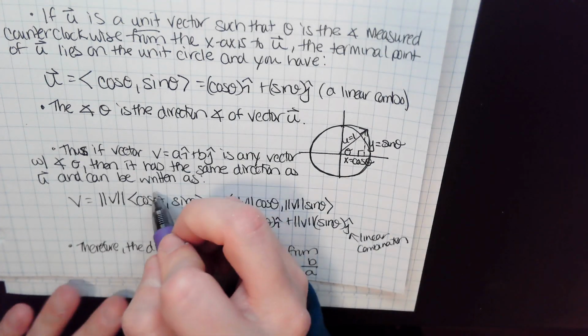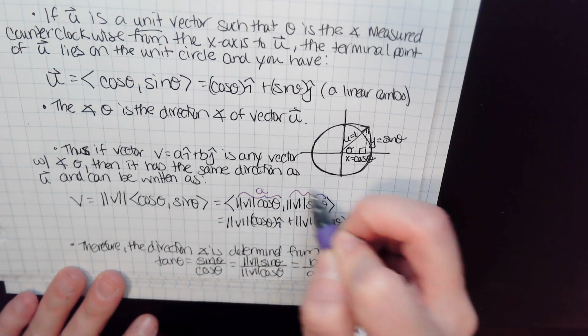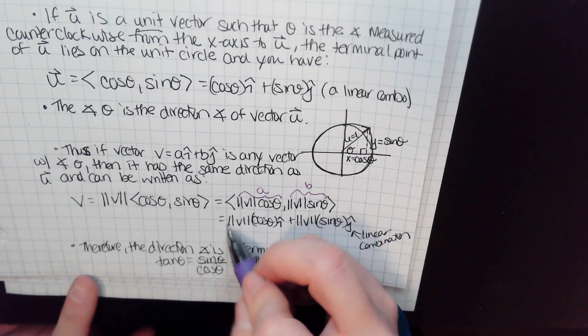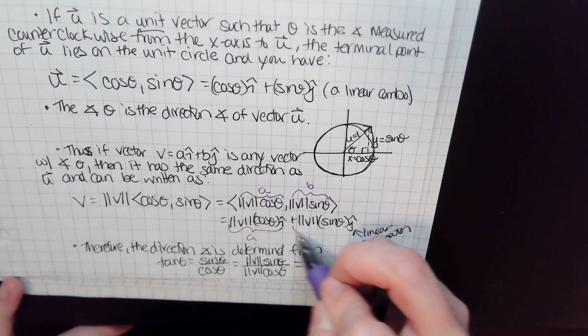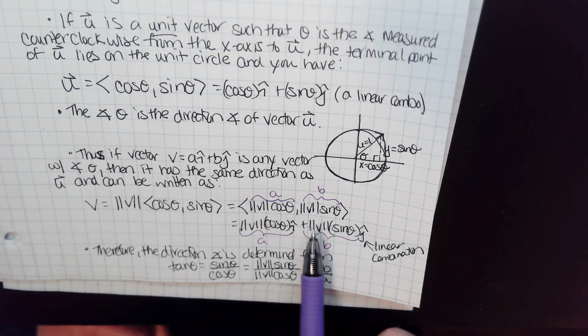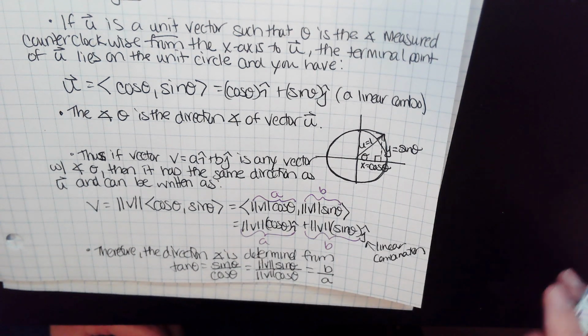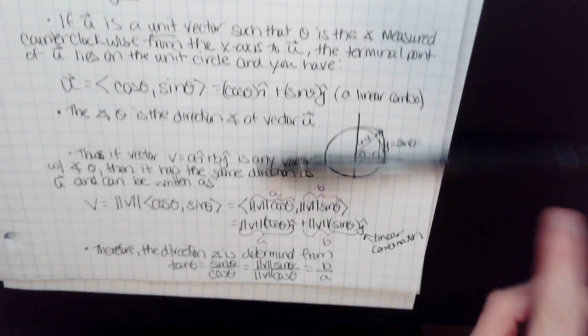So here this would be your a, and this would be your b. So this again is your a, and this is your b. So you're taking your second component here divided by your first. Okay. So now